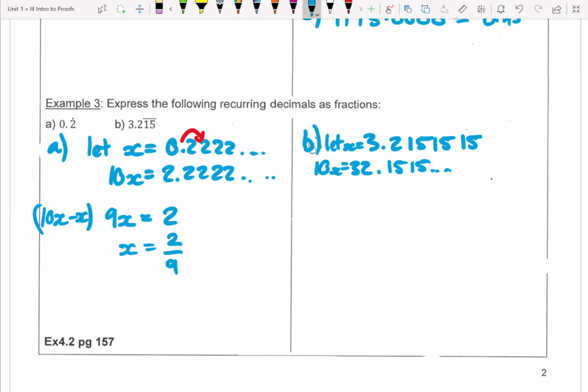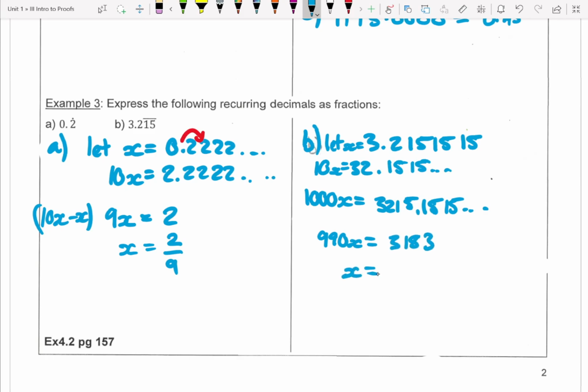Now we need to think, what do we need to multiply 10x by to preserve the recurring aspect of it? So we need to multiply it by 100. So that gives us 1000x, which is equal to 3215.1515 recurring. Now if we subtract them, we're going to get 990x is equal to 3215 take 32, which is 3183. So x is equal to